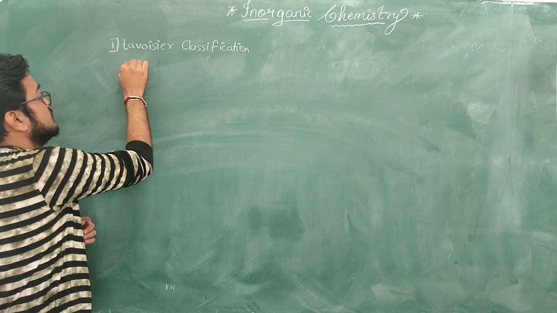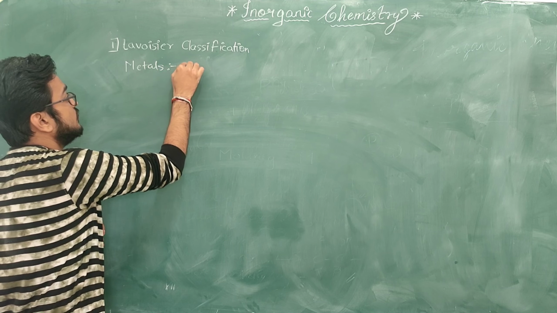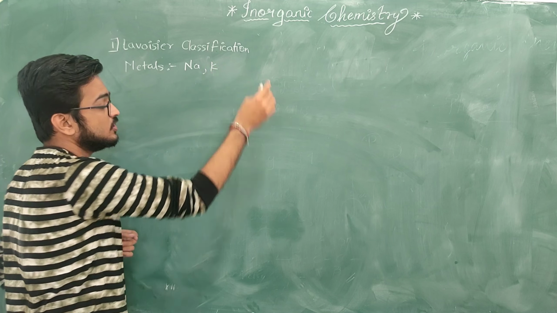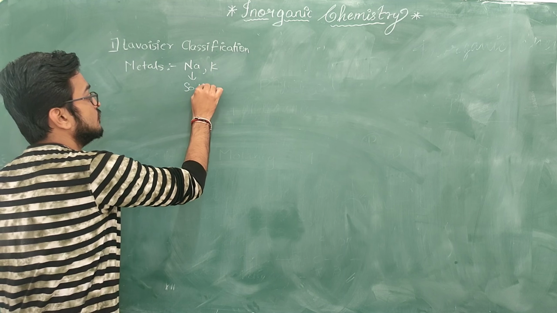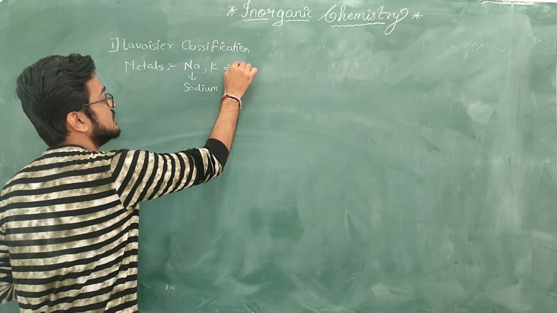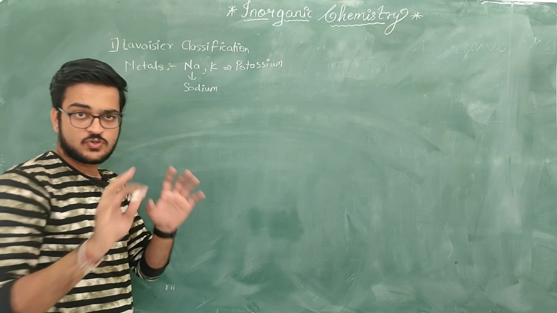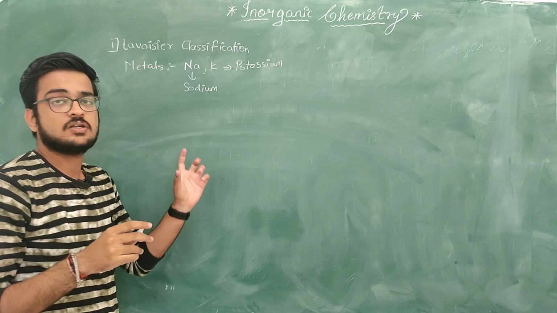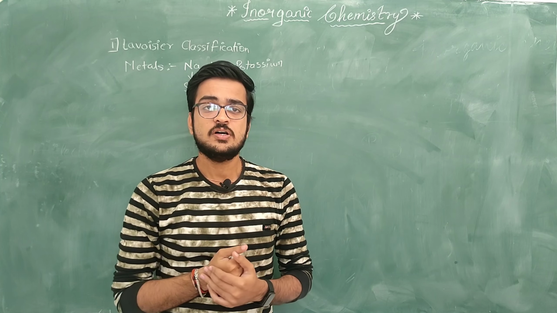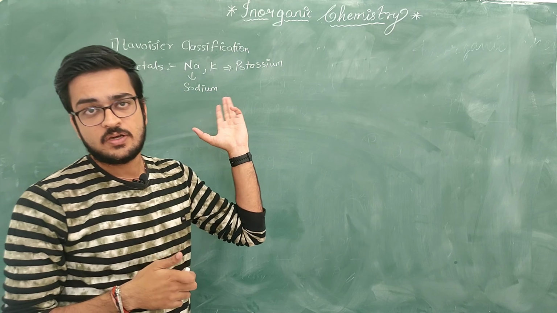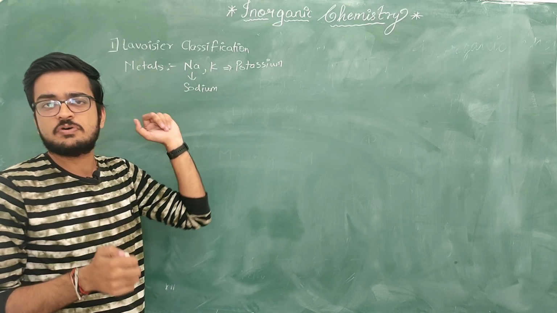If I talk about metals, sodium, potassium, these are the signs. Na stands for sodium, and K stands for potassium. Don't get confused, children, about what exactly this sign is. These are just signs to denote the elements, because we cannot write such big names in the periodic table, so we denote them through some other sign. These are the signs for the elements which we are going to study in the periodic table. Don't worry, we are going to study it. For now, you just remember that Na is for sodium, K is for potassium.